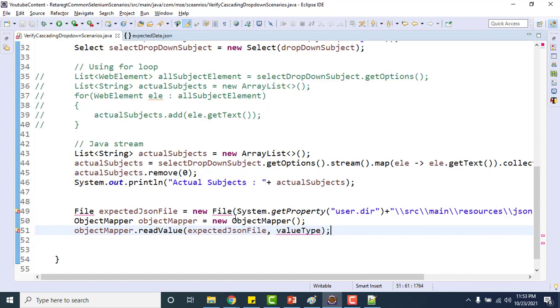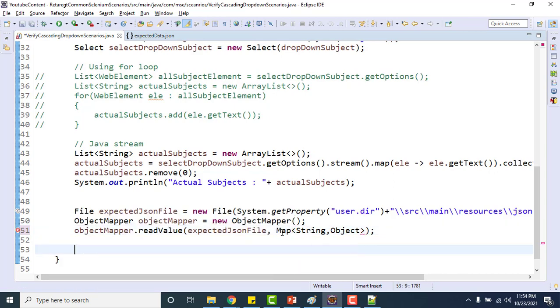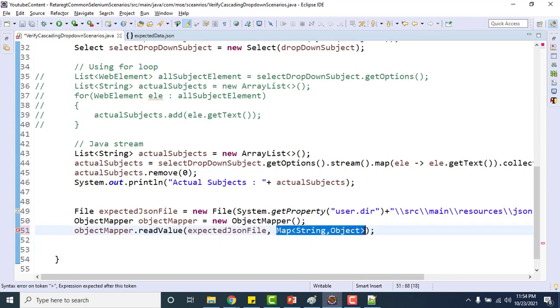But to read this JSON, because this is a JSON object, we can read it as a Map of String and Object, since the value can be anything. Here I cannot directly use Map, so what I need to do is use another abstract class called new TypeReference.